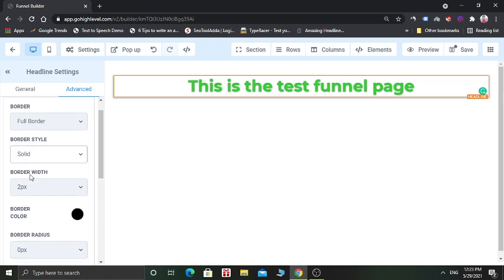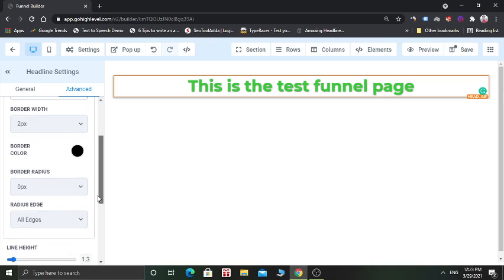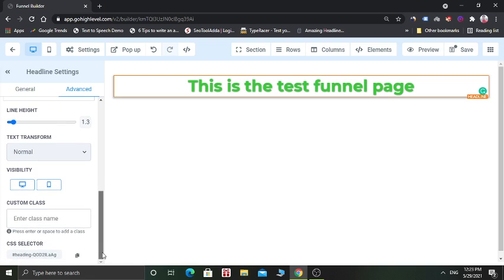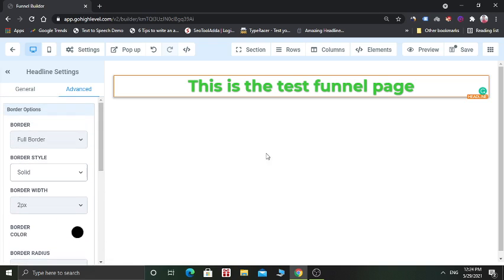You can also change the width of the border. So here lots of options are available. For now, let's move to the next step.